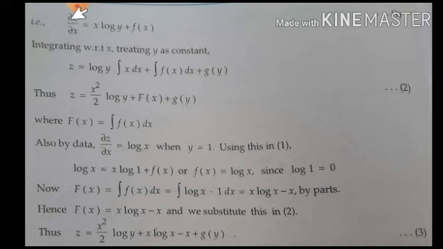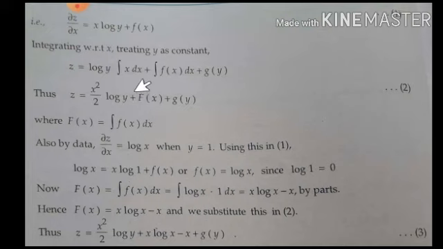So now to get z, integrate once again with respect to x. So the constant of integration will be g of y. So integrate all the terms of x: log y constant, x dx, and the integral of f(x) dx. The integral of f(x) dx is capital F of x, log y as it is, and the integral of x is x²/2. So this is the general solution of the partial differential equation. With these given conditions, we need to find this constant of integration and we can obtain the particular solution.